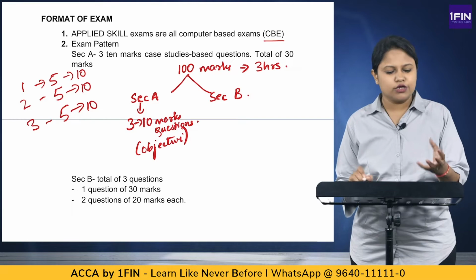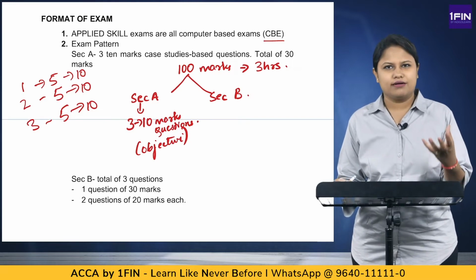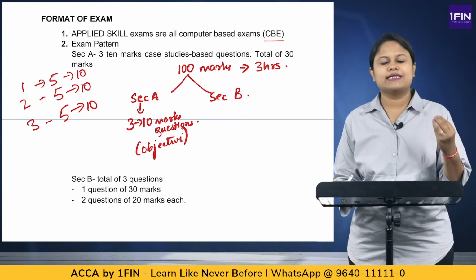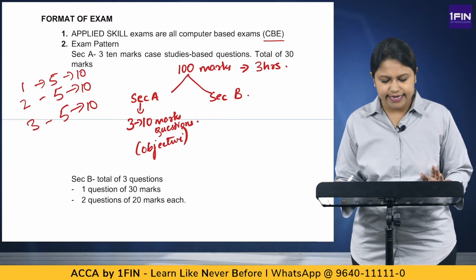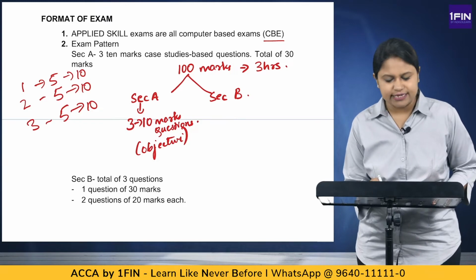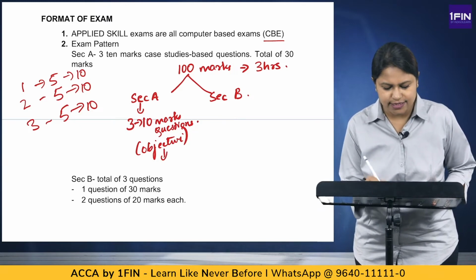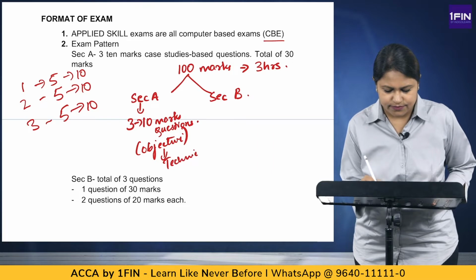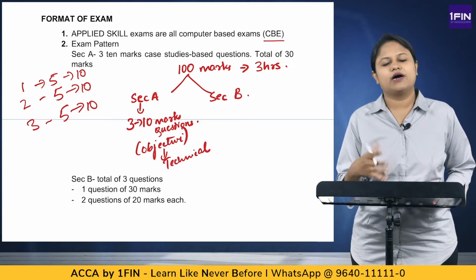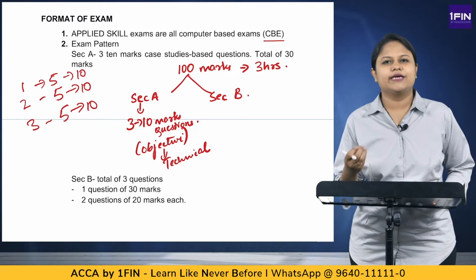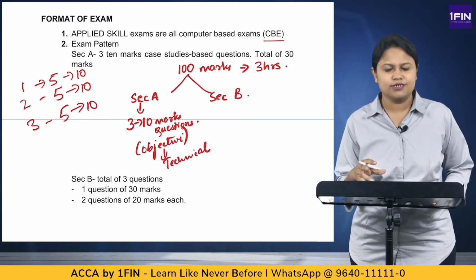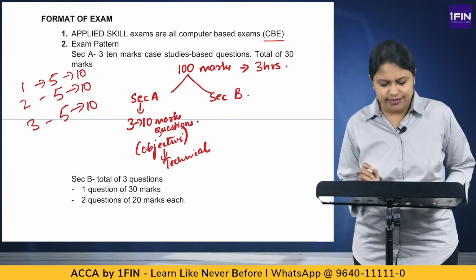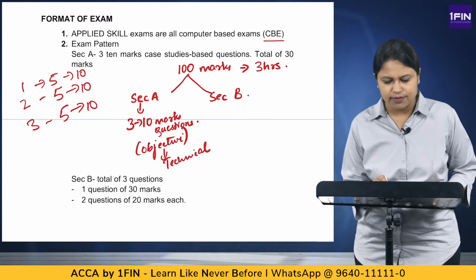Here basically you have one question which is going to be an elaborate case study, and based on that case study you will be having 5 questions. Each question will be carrying 2 marks. They are purely objective, and here you are tested on technicalities, that means how you are able to interpret the case study and attempt the answers. They are going to be purely objective, no descriptive type of answers. You don't have to explain, no description to be given. You simply have to tick mark. So that is what section A is about.